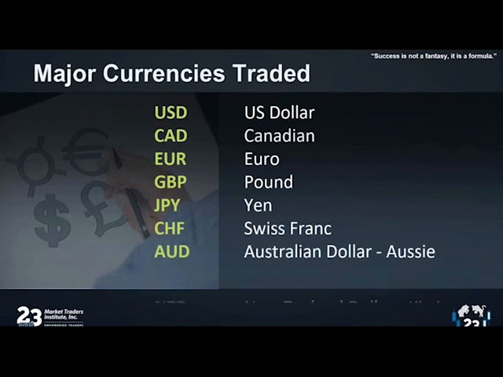We call it the Aussie. Oh, one more. And then we have the New Zealand dollar. Sometimes you've heard it called the Kiwi. So that's 1, 2, 3, 4, 5, 6, excuse me, 8. So there are 8 major currencies that we trade. Okay, and I'm sure most of you, if not all of you, have heard of these currencies, so these shouldn't be foreign. But if you traveled from the US to New Zealand, you would exchange US dollars for New Zealand dollars. And that's what we're talking about here.